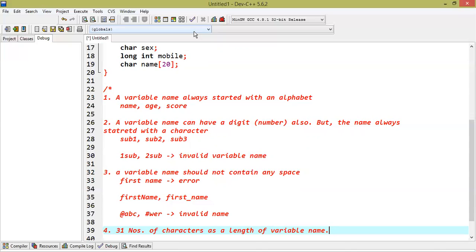Okay, so these are the few rules you should remember when you create a variable name. In the next video, we're going to discuss how to take input for a variable value and then how to initialize a variable without taking input using the assignment operator.